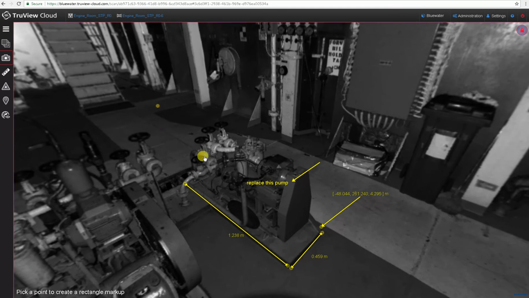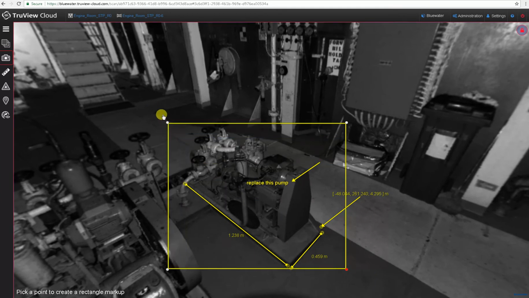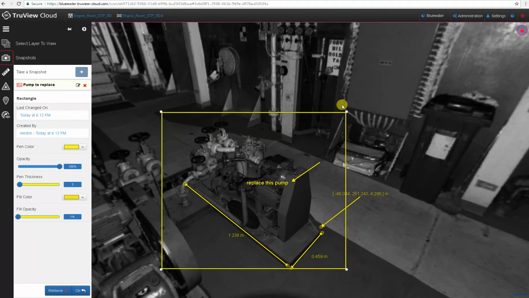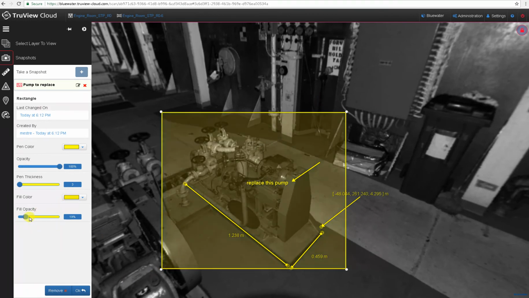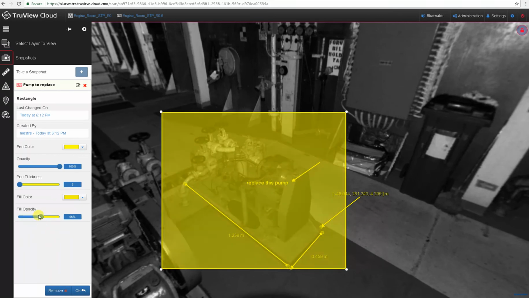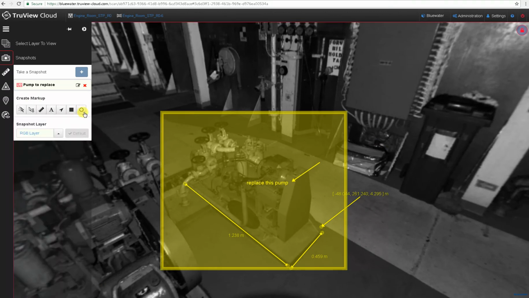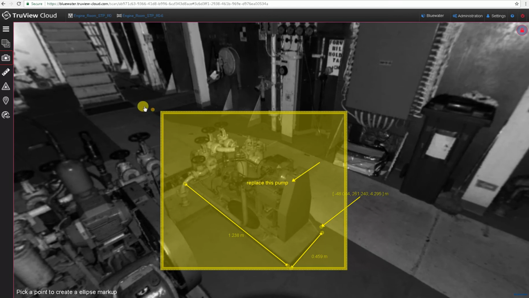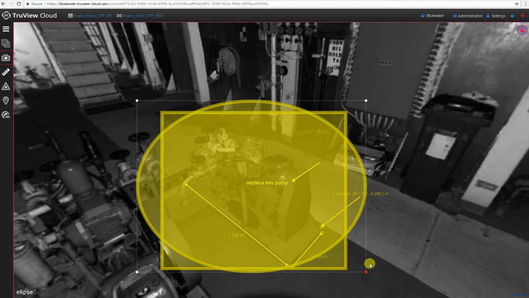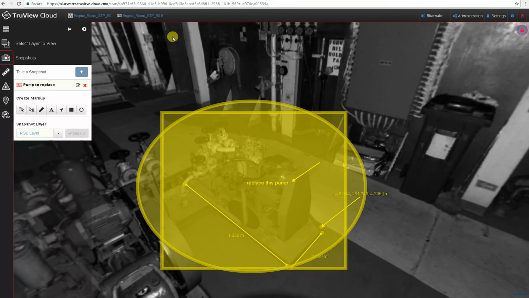A square, where I can fill the opacity or not. Imagine that we want to leave this well identified for some reason. I can have the same as an ellipse. And if you want to delete any of these things, you just have